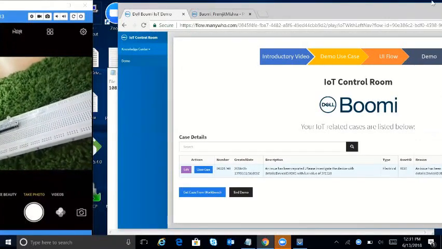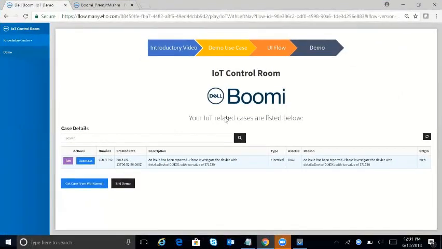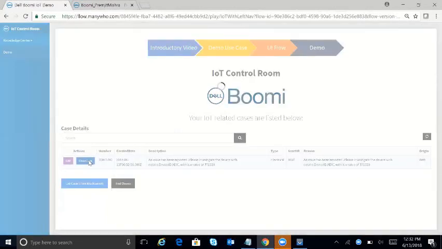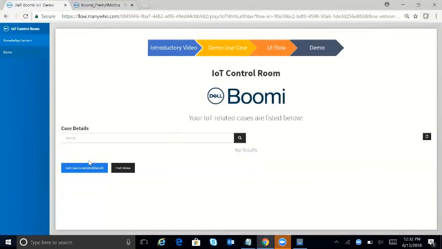Now once he's done with the case, he can go and close the case because he has resolved the issue. He has tested the device, and once he closes the case it goes away from the work list, and he can work on the next assignment. So this was a short demo to show how Dell Boomi can help you